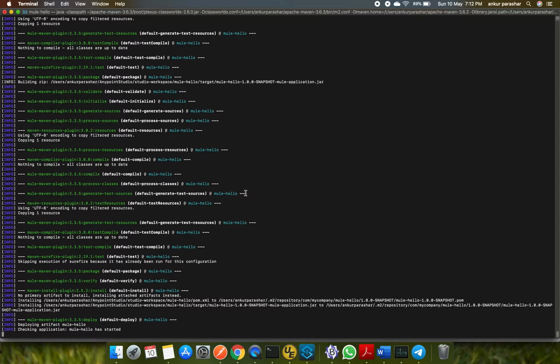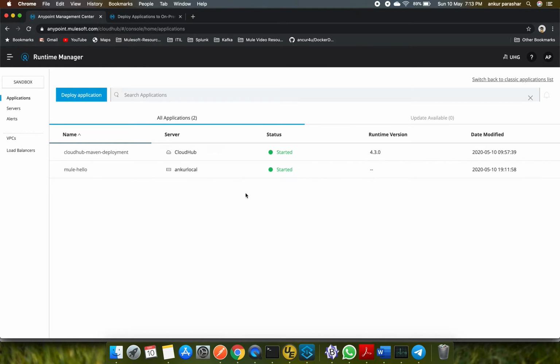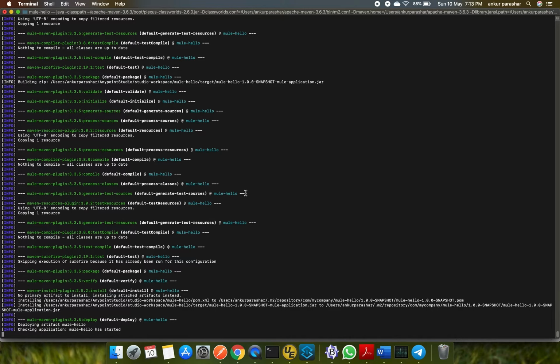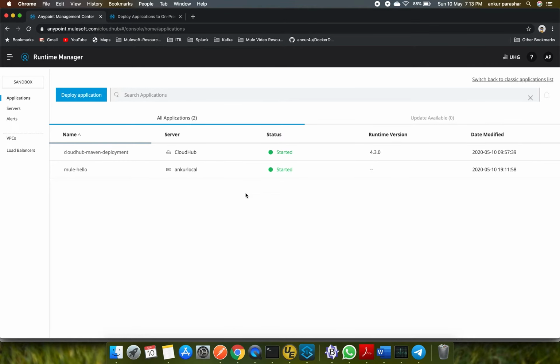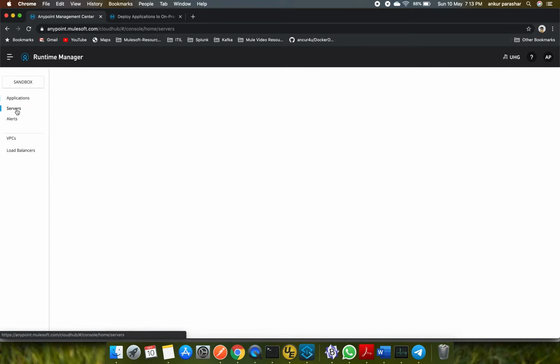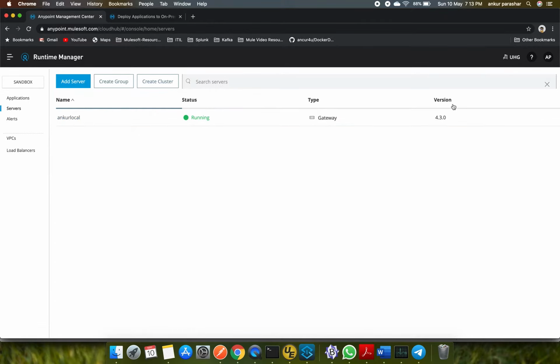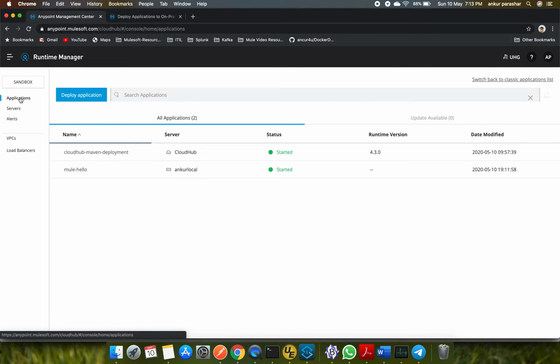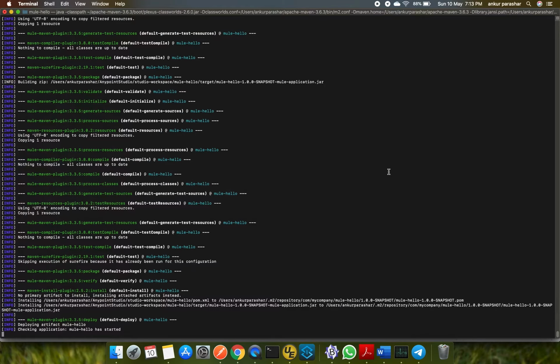We will wait until we get a signal from our terminal window. You will be noticing why this runtime version is not coming up. Somehow when we are running this, this 4.3.0 is being covered under this version, so that's why maybe. I will research more on this, but as of now the Mule runtime version is not coming up at the application level.